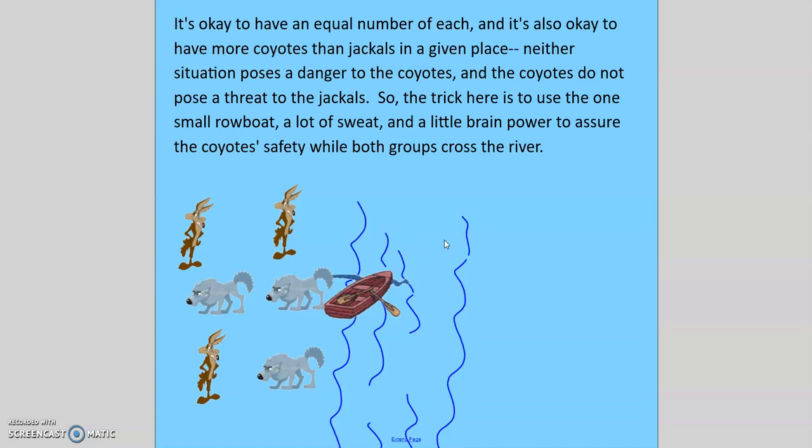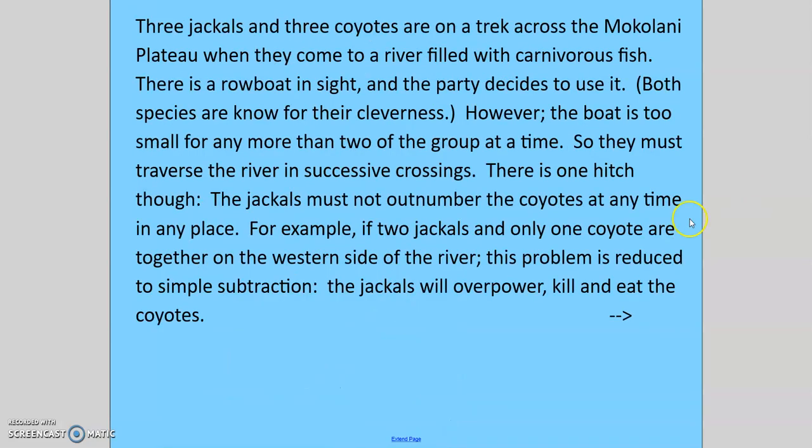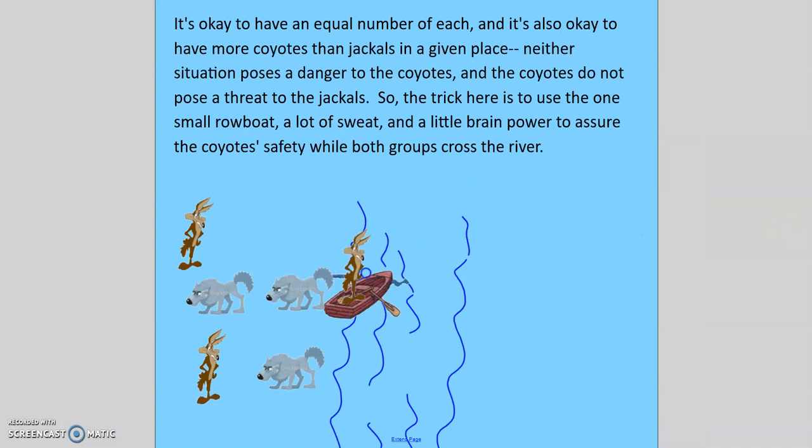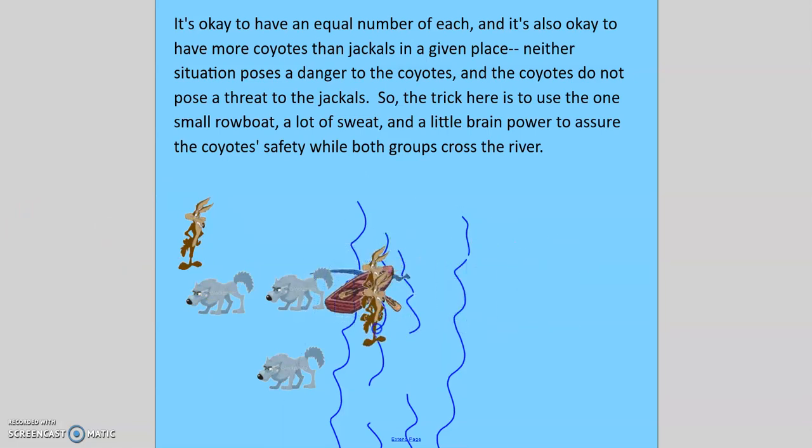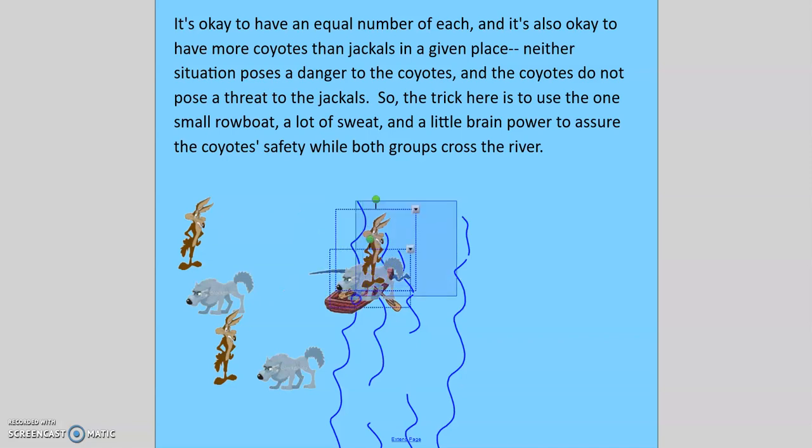So basically the idea here is you never want more jackals than coyotes. Having 2 coyotes leave and go across the river is a very bad idea, because then that coyote over there on that left side is in trouble and he will be overpowered. So that is not an option. Okay, so for my first trip, I'm going to send across 1 of each,